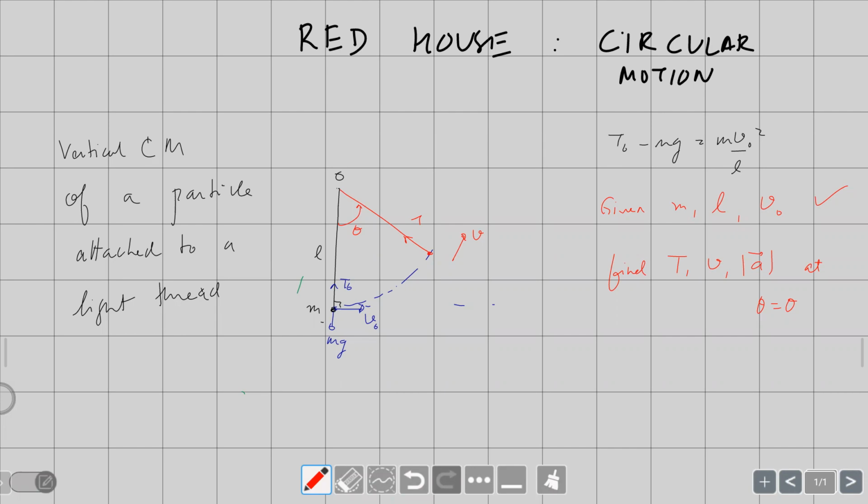So first write your work energy relation between here and here, so that you will find V first as a function of theta in terms of V naught, L and so on. And then you make your free body diagram, resolve forces, so that you can show that net force towards the center should be equal to mass into centripetal acceleration, and net tangential force should be mass into tangential acceleration. So from one equation the tension will come, from the other equation the tangential acceleration will come. So from that we can find the magnitude of acceleration. Okay, so start working on this, all of you.